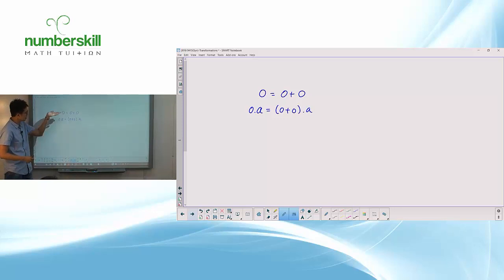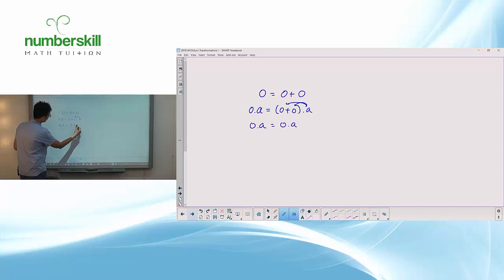And you should also agree that because this is true, this must be true. Right? And because this is true, then we also understand that there's a law. It's called a law, so nobody can prove it. It's called the distributive law. So the distributive law says that you can distribute in, right? So then we understand that a times 0 is equal to a times 0 plus a times 0. Again, because this is true, and therefore this must be true.